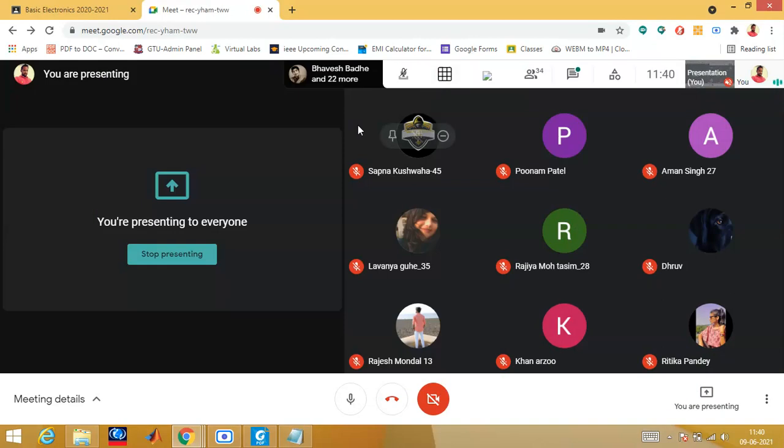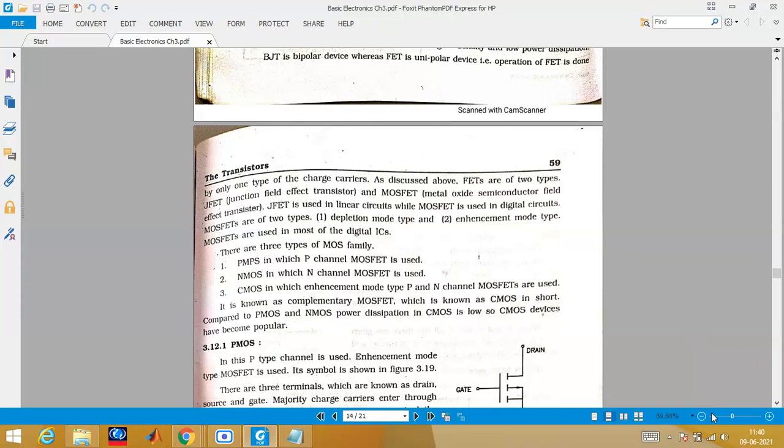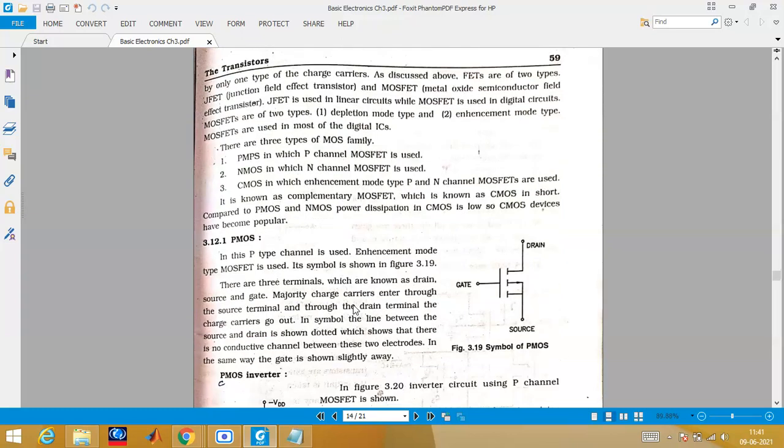Now let us start to analyze and understand how we can go about designing the different circuits or gates. Once you know the designing of a gate, you can design many circuits, because the fundamental is the gate. Once you're clear with the fundamental, you can design any circuit in which gates have been utilized. As I showed you in the last session in the PPT, there are PMOS, NMOS and CMOS.